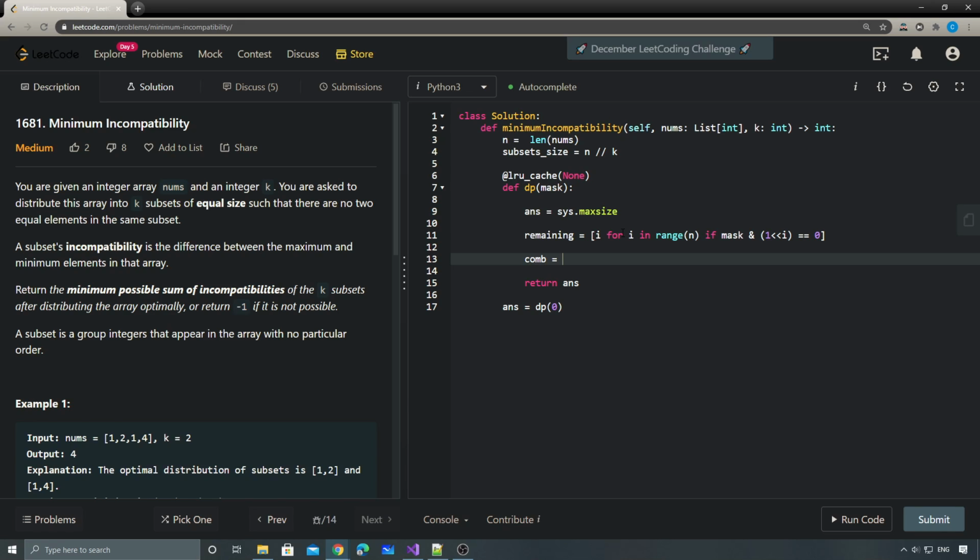So now I have the remaining, and then I just need the combinations. For the combinations, I just use Python's combinations helper function. That's very convenient for us to find all the combinations. Otherwise, implementing the combinations would be kind of annoying. So here I'm going to use subset size. Now we have the combinations here, but I think we have to convert it to a list, otherwise it's going to be an iterator. And then for each of the combinations,